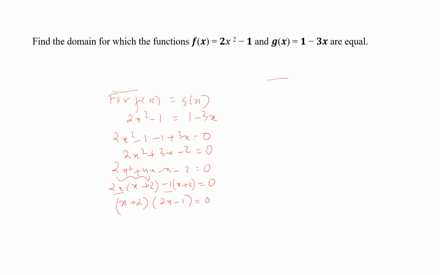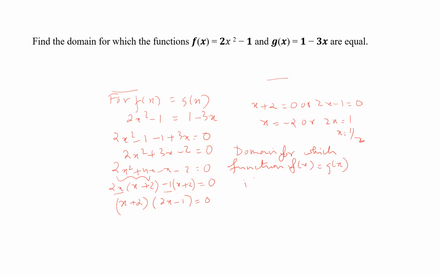So here we are getting x plus 2 equal to 0 or 2x minus 1 equal to 0. So x is equal to minus 2, or here we have 2x is equal to 1, so x is equal to 1 by 2. So we can write the domain for which function f of x equal to g of x is, we can write 1 by 2 and the minus